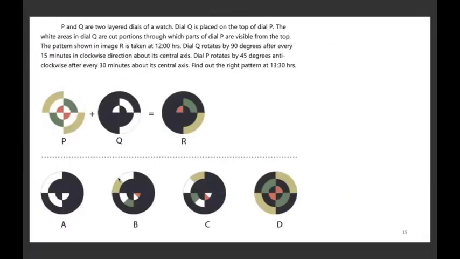P and Q are two layered dials of a watch. Dial Q is placed on top of P. The white areas in dial Q are cut portions through which parts of P are visible from the top. The pattern shown in the image is taken at 12 hours. This is 12 hours. And dial Q rotates 90 degrees after every 15 minutes in the clockwise direction about its center axis, and dial P rotates by 45 degrees anti-clockwise after every 30 minutes about its central axis. Find out the right pattern at